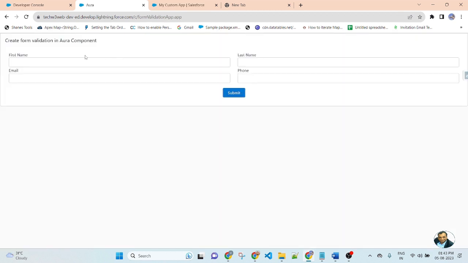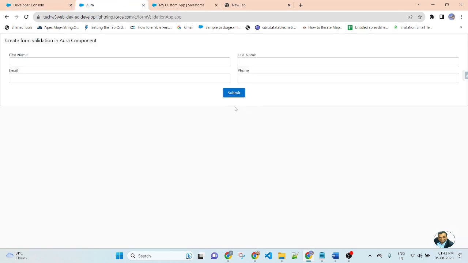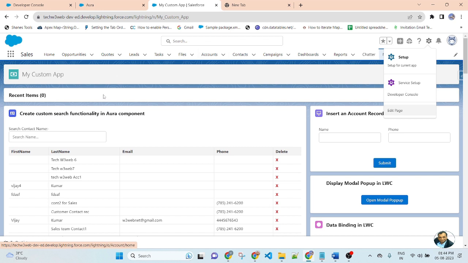Now let me call this lightning component into the custom app, because if you click on the submit button, the post message will not display on the lightning app. Post message always displays on the lightning app builder custom app. So let me call this component into the page.